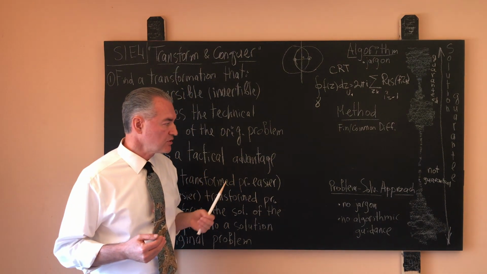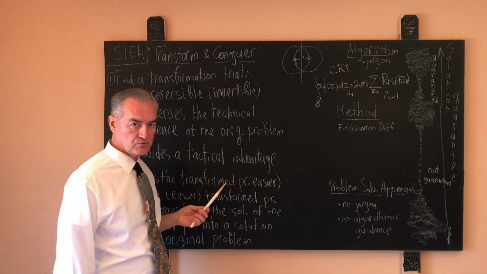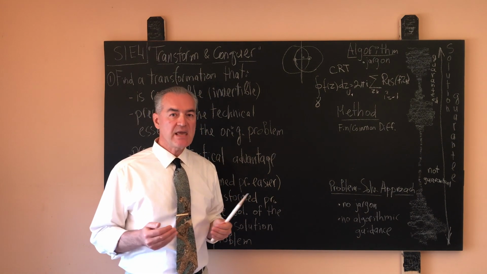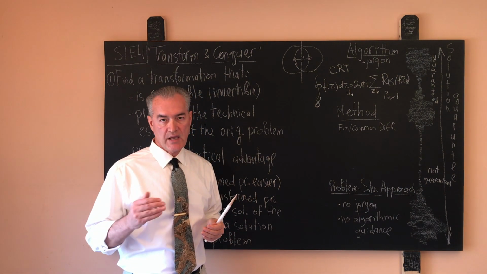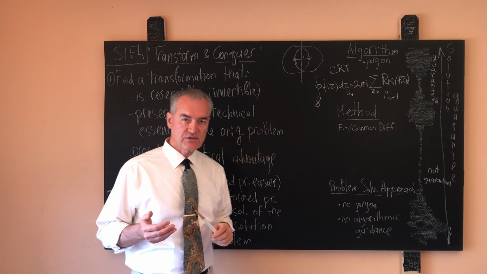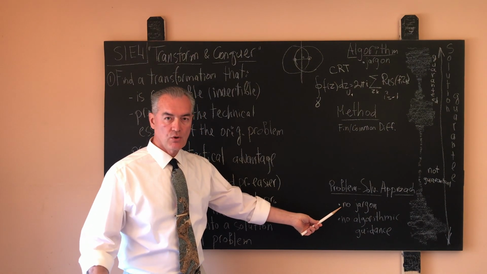Well, a problem-solving approach is also a finite description, as we shall see very soon, of a finite number of steps that may lead to a solution of a problem, and that description characteristically has absolutely no professional or local